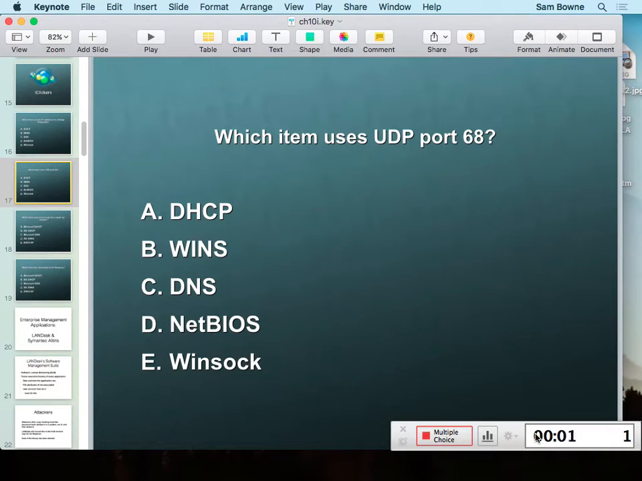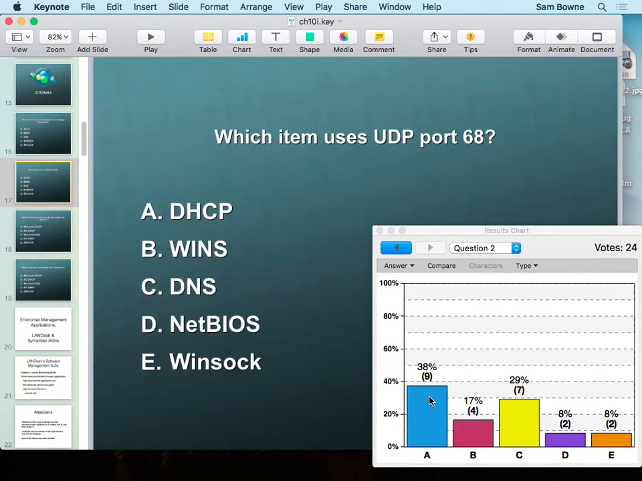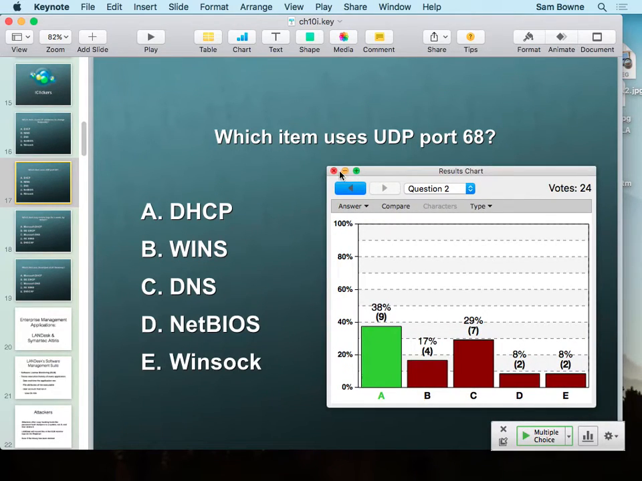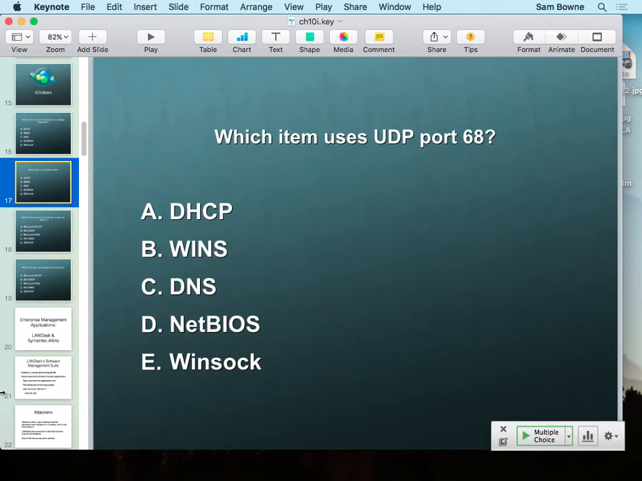Which one uses UDP 68? Looks like I quit at 25. All right, and that's again DHCP. People are reluctant to use the same answer twice, but you should know because DNS is on port 53. WINS might be a mystery, but WINS is the really old competitor to DNS Microsoft used to use. It's not used much anymore, unless you're really perverse. Anyway, so,